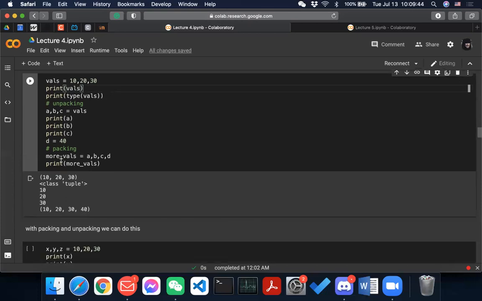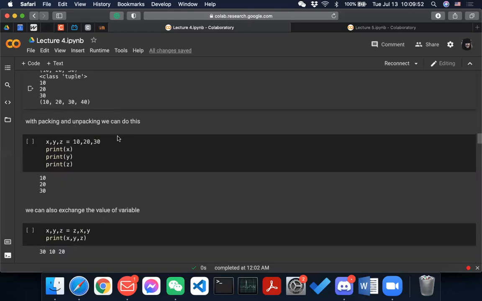So more vowels is equal to A, B, C, D, and then it packs those four values into more vowels. And then with packing and unpacking, what we can do is something like this. At first glance, you might say, yo, this makes sense, right? And it actually does make sense.